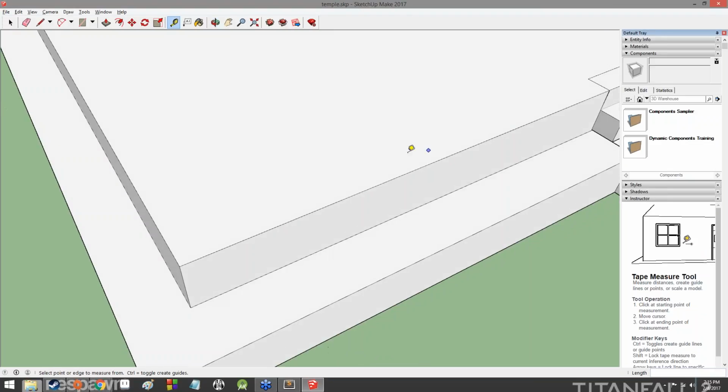All right, so that was me just testing something out. So basically what we're going to do is create some guidelines for ourselves, which is going to help us in creating the next object. So if you go up here to the tape measure tool,